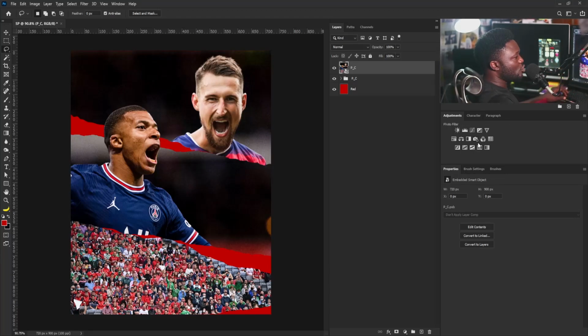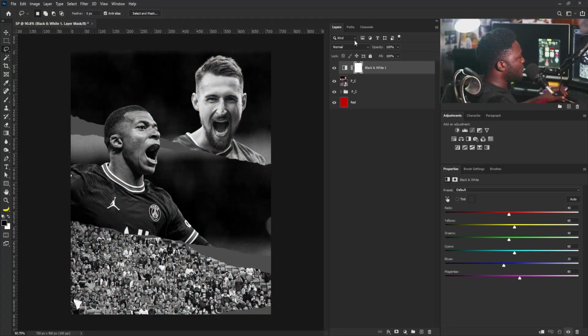So then I'm going to start with the black and white filter. All right, and I'm going to say I want this to affect just only this layer. So I'm going to click on this clip icon here. All right, I'm going to make sure that my red is set to 77, because I want to have more highlight on the face of the players. So I'm going to make yellow